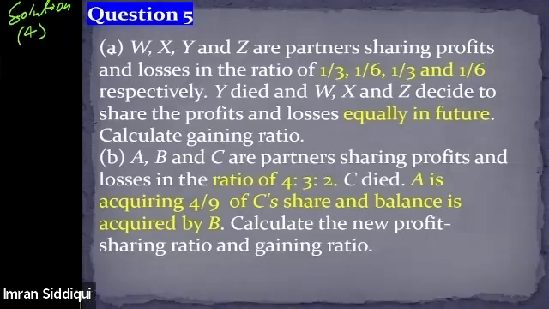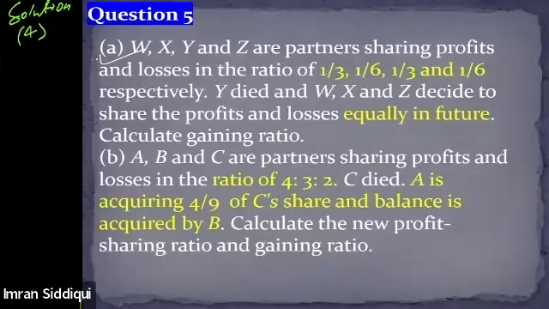Question 5 is again, there are two sections in the question. Both cases are different. So we'll first of all solve case A and then we'll move to case B. Case A says that there are three partners, X, Y, Z, and